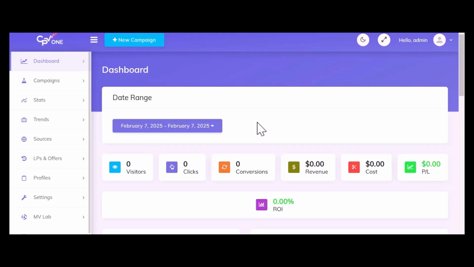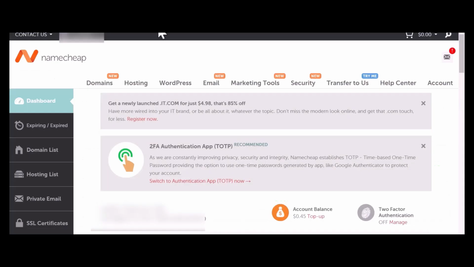All right, guys, so in this video, I'm going to show you how to add a custom domain with CPV One using a subdomain. So the first thing we're going to do is go to our domain registrar, and I'm going to be using Namecheap for this example, but this will be different depending on which domain provider you're actually using. So here I'm going to go to the domain list,